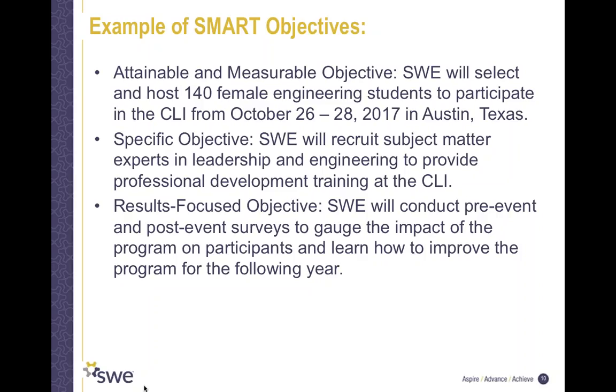Another example of a results-focused objective is, we will conduct pre-event and post-event surveys to gauge the impact of the program on participants and learn how to improve the program for the following year. This ties the success of the goal directly to learning from the evaluation processes that are built into the program